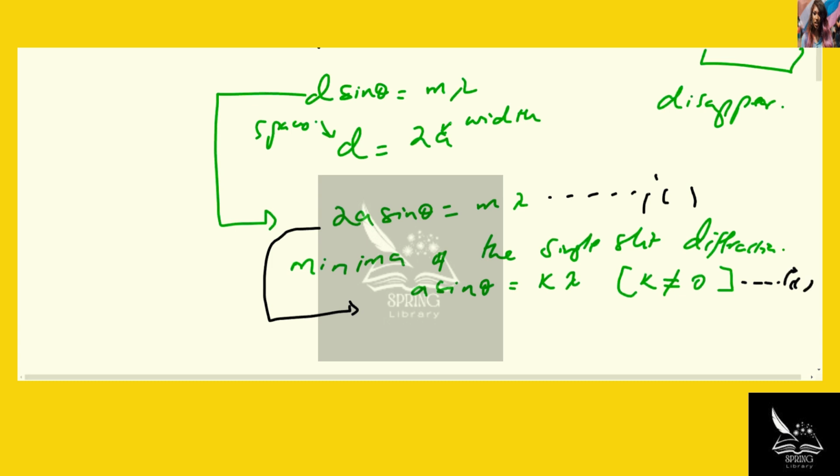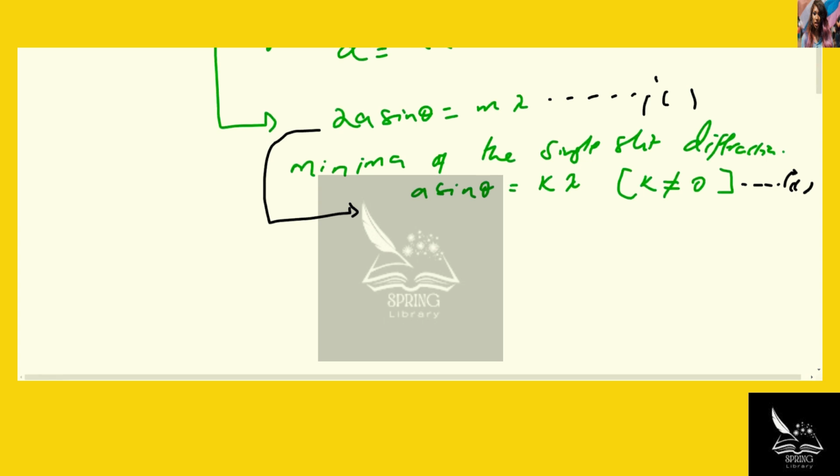So these two equations are the ones we're dealing with. A comparison of the two equations, 1 and 2, we can say, well, if we have 2a sine theta equals m lambda, and we have a sine theta equals k lambda,